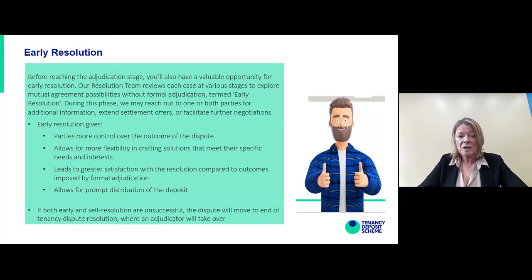We may reach out to one or both parties for additional information, extend settlement offers, or facilitate further negotiations. As I've said, this gives the parties more control of the outcome. It allows more flexibility than a formal adjudication decision, and, as I mentioned, it leads to greater satisfaction and a more prompt distribution of the deposit. I hasten to say, though, that we have very good